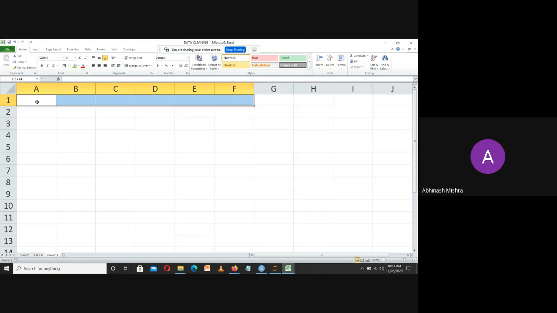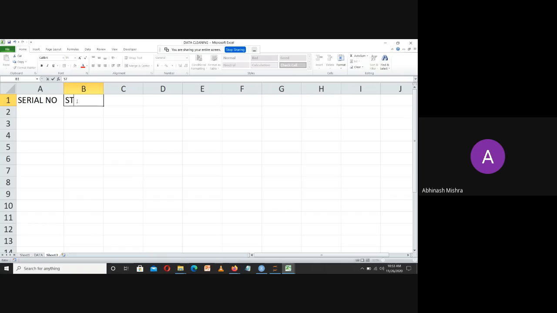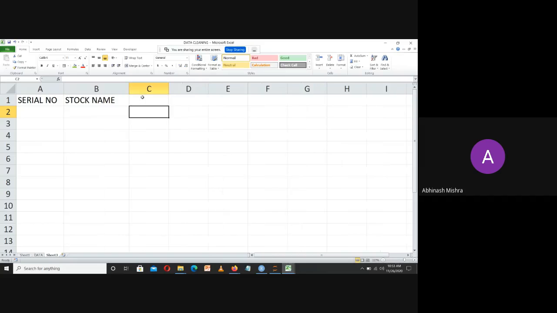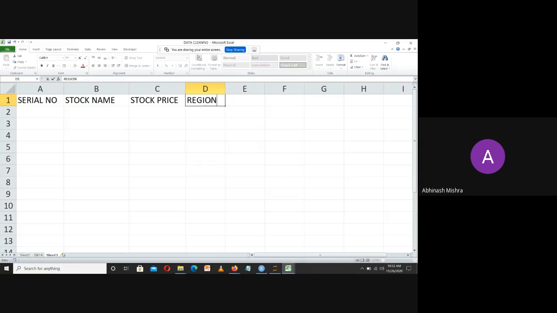Suppose I'm making this data with a serial number. Here I am providing the company stock name, and with this I have a stock price also. Then the region from where the stock price was maximum, and the amount, which is the estimated amount for the person who placed the order.